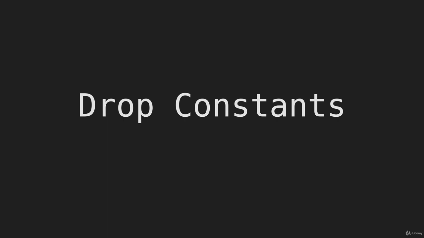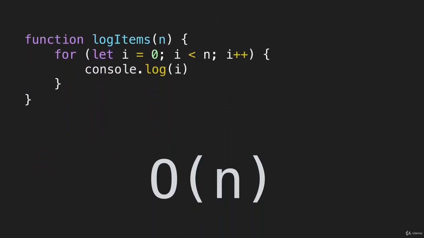Big O has several ways in which we simplify the notation, and it makes things easier. The first that we're going to look at is called drop constants, or you'll see it referred to as remove constants. You'll see it both ways. So to explain this, I'm going to start by bringing up the code that we had in the last video